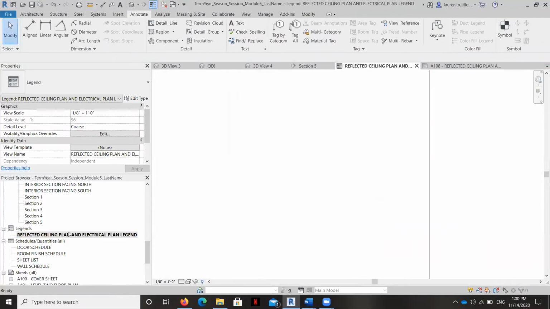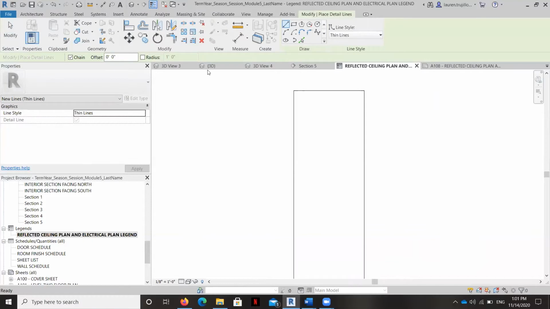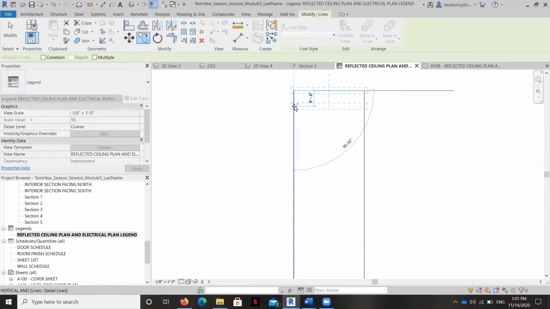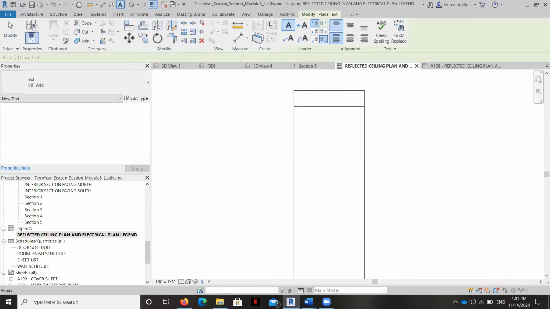So now if you go back here, now we have an understanding of what we have to place where. There's two categories at the very minimum that we need to include on our legend, and that's going to be the symbol and the description. So what we have now is we've got a detail line here, and I'm going to copy this. And I'm going to create a text box.